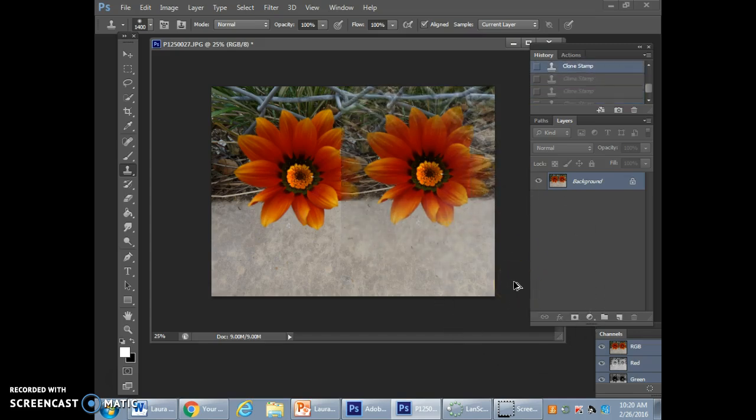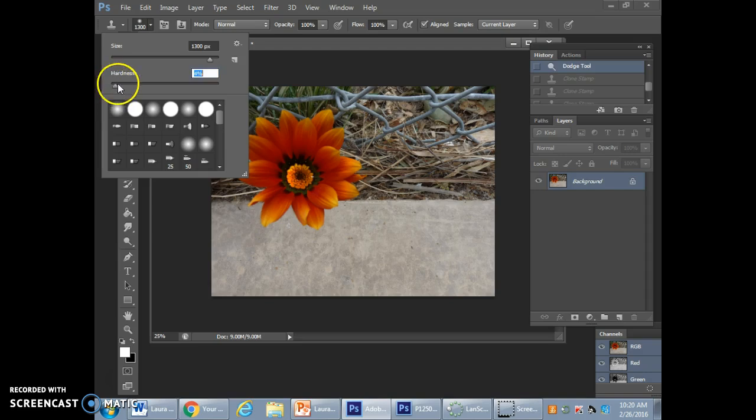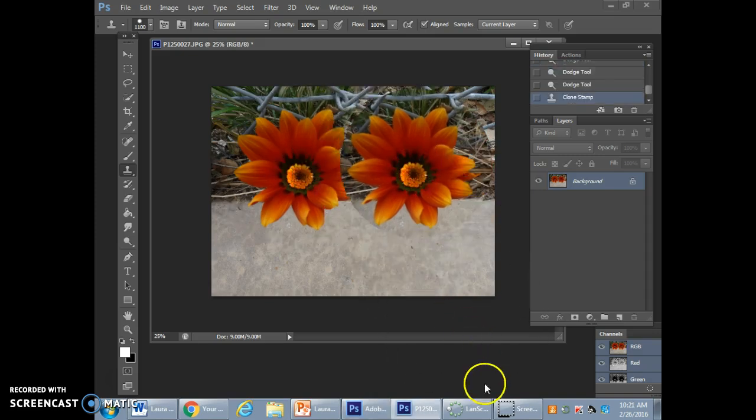Okay, now I want to show you the difference here if I select a hard edge on the brush, and what happens when we do that. So I'm going to click on the edge, select this, hold the Alt key down, and come over, and you'll see now that we have a hard edge all the way around the edges of this flower here. You see how it doesn't blend? Sometimes you need that when you're doing this stuff, and sometimes you don't. So you want to be very careful of that. But if you try to do this to get rid of something